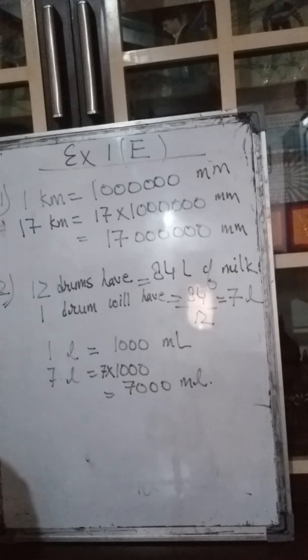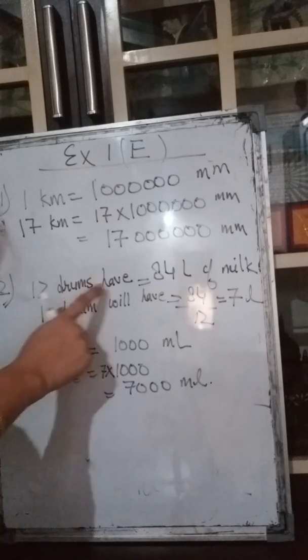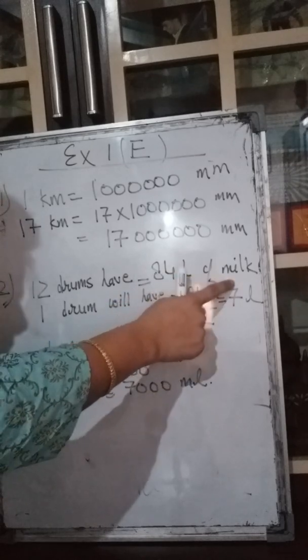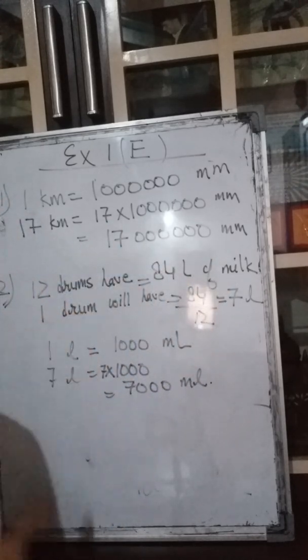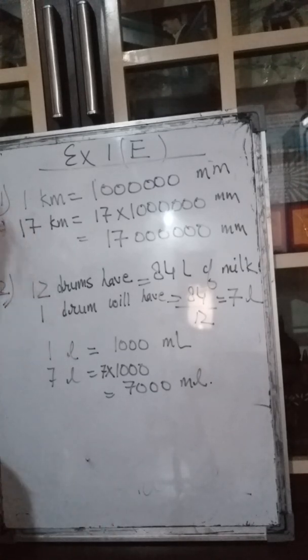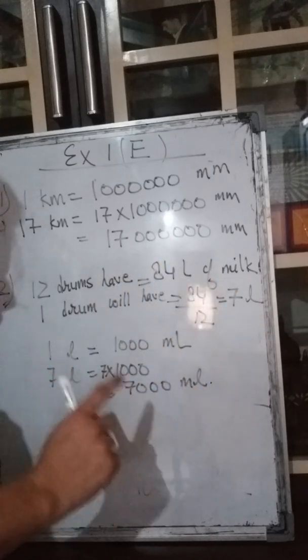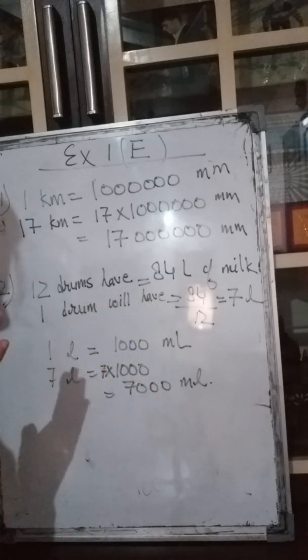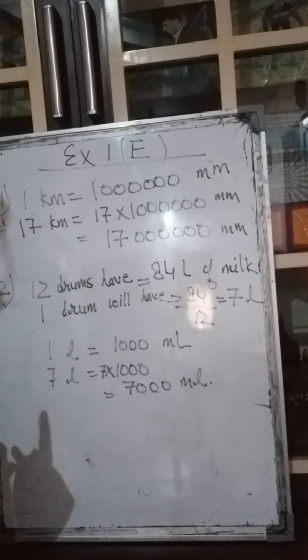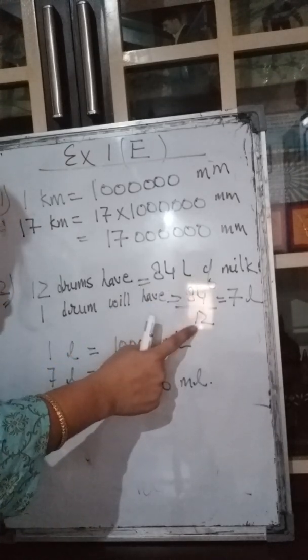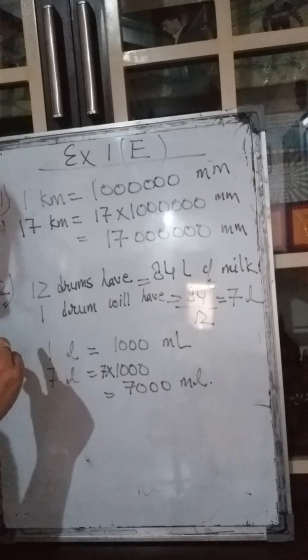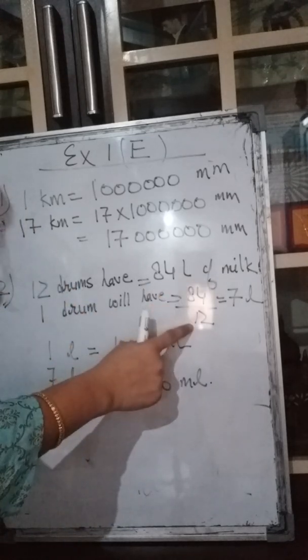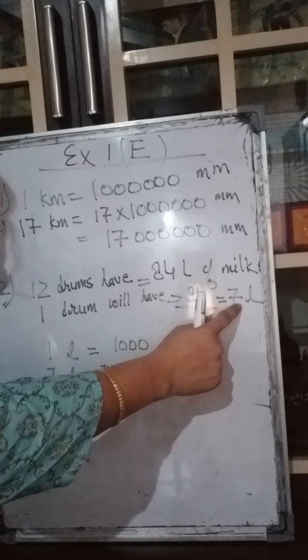Now we come to the second question. Second question says 12 drums of milk have 84 liter of milk in them. 12 drums have how much? 84 liter of milk. So for 1 drum, they are saying find the capacity of 1 drum but in milliliters. First let us find out in liter and then we will convert it into milliliter. So 1 drum will have, if 12 drums are having 84, so 1 drum will have how much? 84 divided by 12. Because 1 drum will always have less quantity. How can we find the less quantity? By the division. 84 divided by 12, that gives you 7 liter.